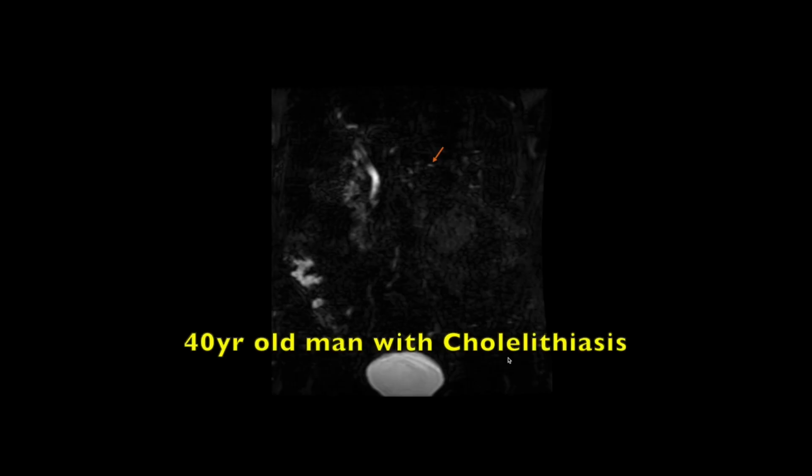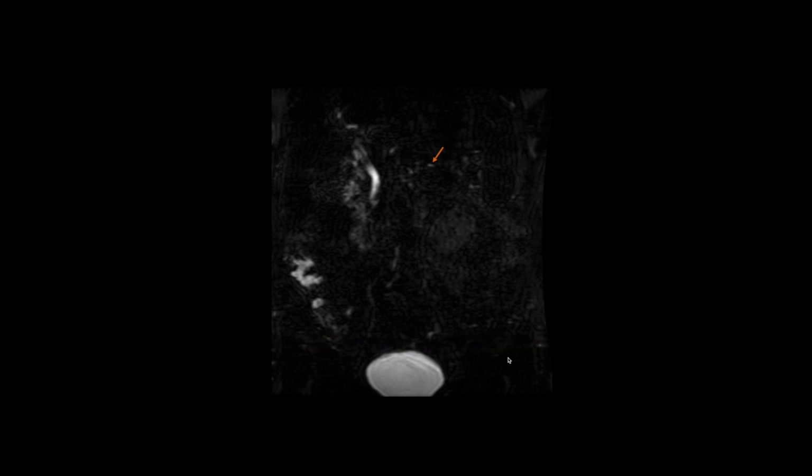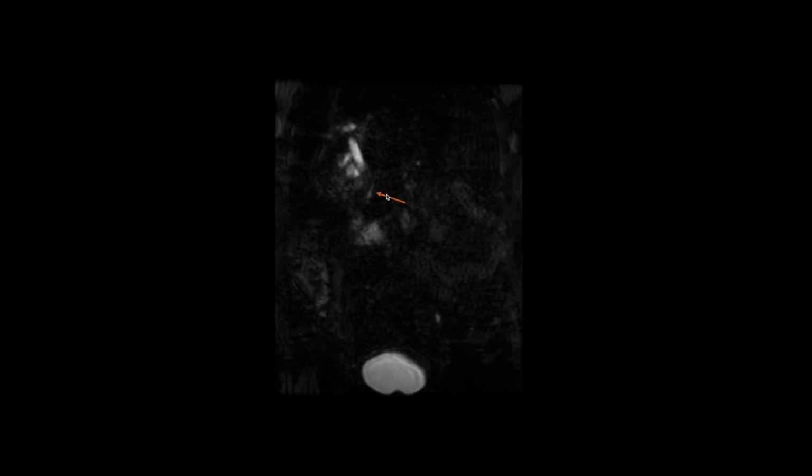A 40-year-old man who presented with cholelithiasis and MRCP was ordered further. These are the coronal 3D MRCP images showing a pancreatic duct in the tail and body regions, which is normal in caliber and has horizontal course. In the head region, it is seen crossing the common bile duct and opens separately into the minor papilla of